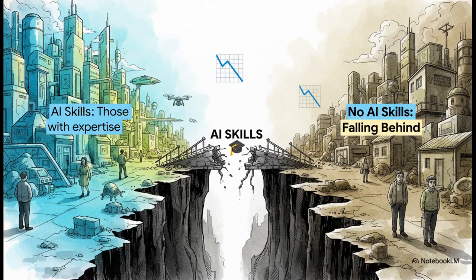And with a revolution that big comes a critical danger: the AI divide. See, there's already a massive global shortage of people with AI skills. That's the skills gap. And that, in turn, risks creating a prosperity gap, where people who can't adapt and learn these new skills risk getting left further and further behind economically.